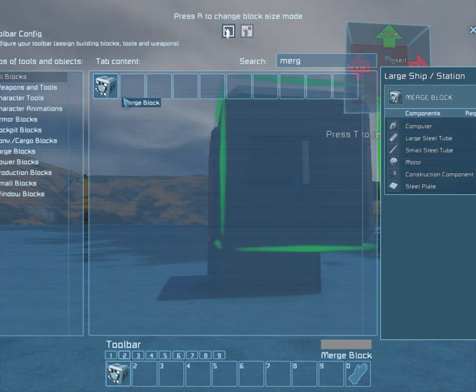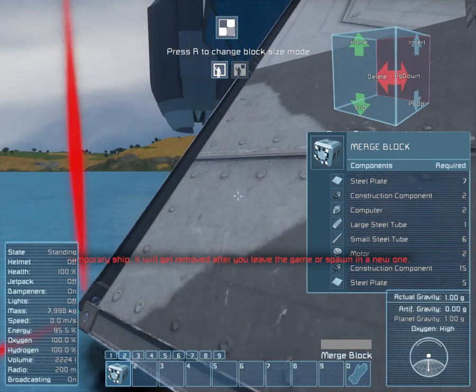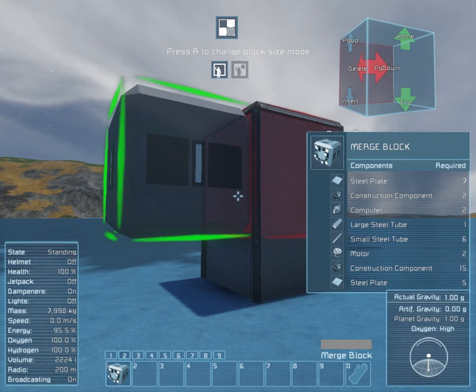This will allow us to turn our old temporary ship. If you look at this, you watch, there'll be a warning. This ship is temporary. It will be removed when you leave the game or spawn a new one. This will disappear once we get this resolved. So, and then using the N key,